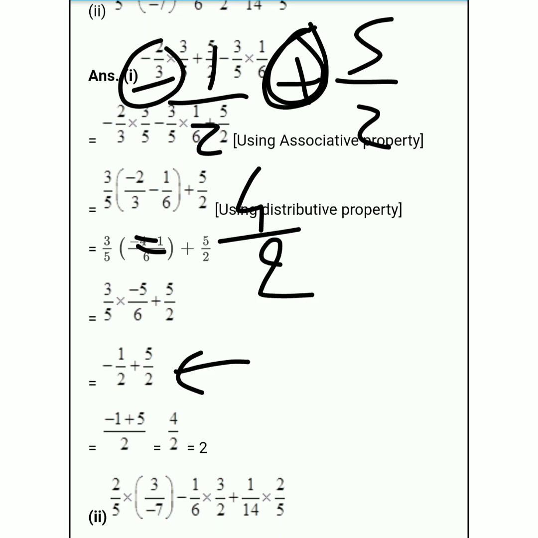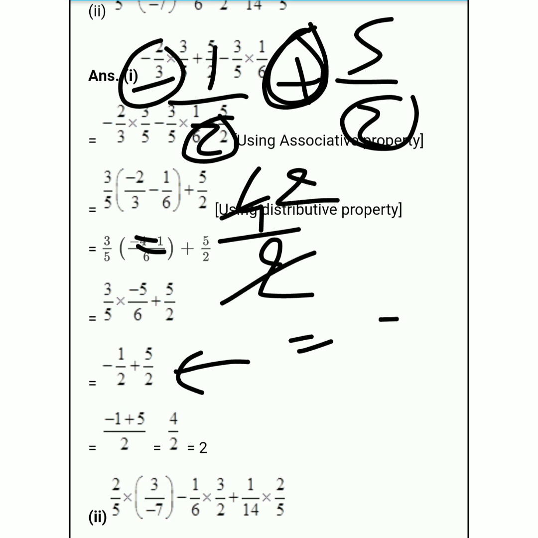right? First of all we simplify our numerator, plus 5 minus 1, it's a 4 and divide by 2, because 2 is present in denominator in both this term. So 4 by 2, now 4 by 2, so 2 to the 4, so our final answer is 2. Okay, our final answer is 2.